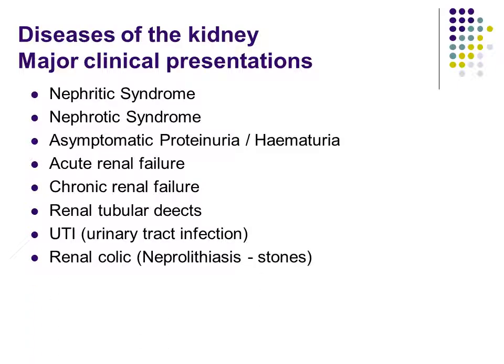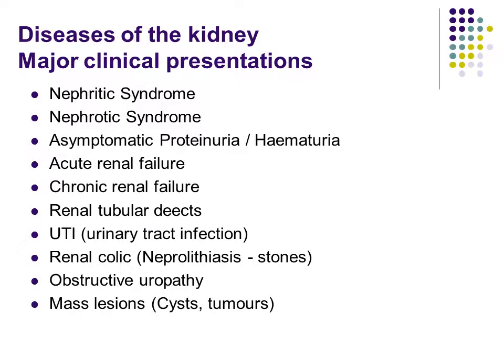Renal colic or nephrolithiasis. The name nephrolithiasis says that there are stones in kidney. Lithiasis is stone, nephro is kidney. And whenever there is an acute obstruction, the patient will present with colicky type of abdominal pain and can lead to obstructive uropathy, that is hydronephrosis, hydroureter, and there will be secondary changes in the kidney parenchyma. There could be mass lesions which you can encounter in kidney in the form of cysts or tumors.